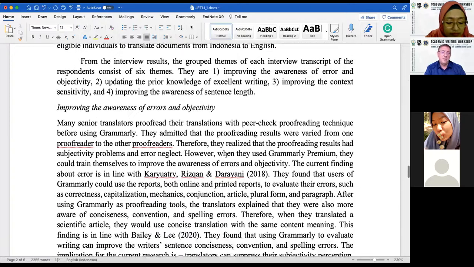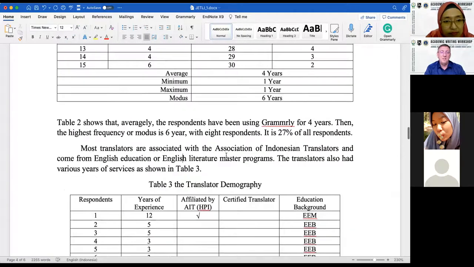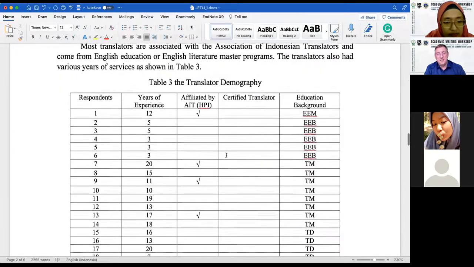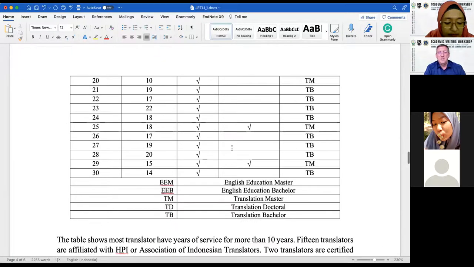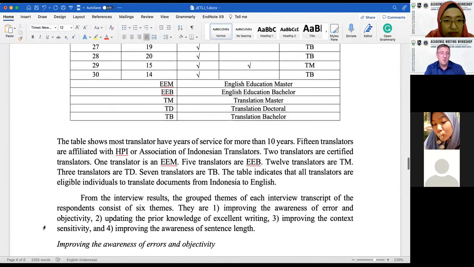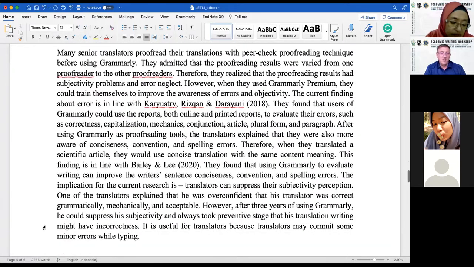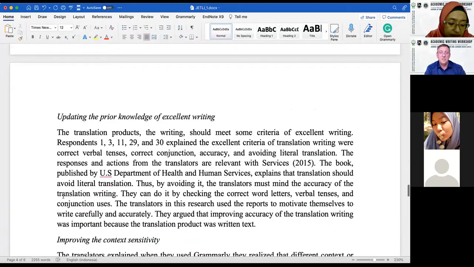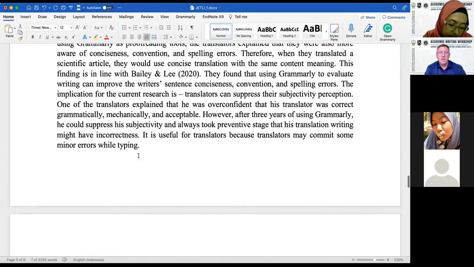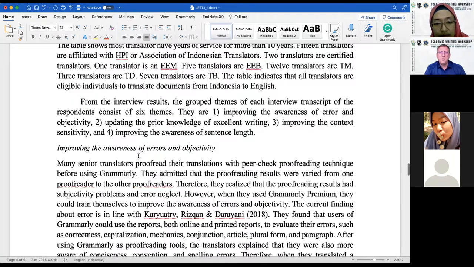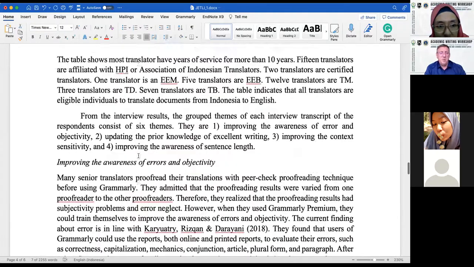And then here, the results and discussion. Again, I have no idea the purpose of these results. I have no idea where this came from. I just don't. And going through this, they're acting like this is some sort of qualitative type research, but I'm not sure. Again, this paper is very, very confusing.